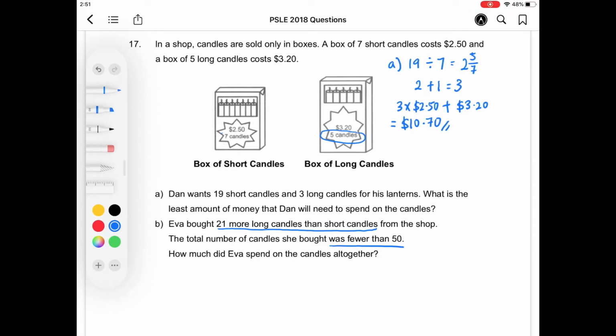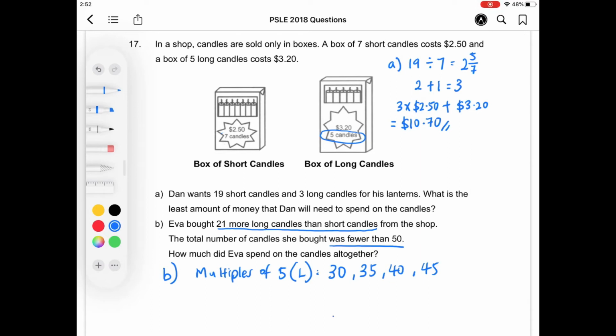Alright, so part B, multiples of 5 for the long candles, L for long. So we have, starting from 30, 35, 40, 45, and I'm not going to write 50 because the total number of candles she bought was fewer than 50. Now these are the few possible numbers of long candles she might have bought,